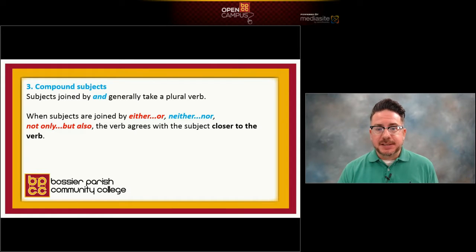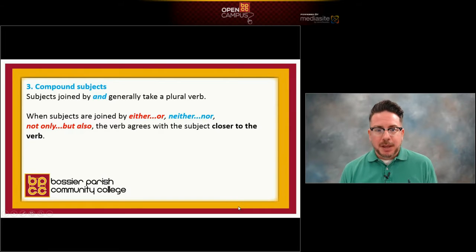And the first is that sometimes sentences are going to have compound subjects. And when that happens, we need to determine whether we're going to consider that compound subject singular or plural so that we can pick either the singular or plural verb. Now, subjects joined by the word and generally take a plural verb. I like to think of the word and like a plus sign. And if you have a singular subject plus a singular subject, well, that's two subjects, so we treat that like